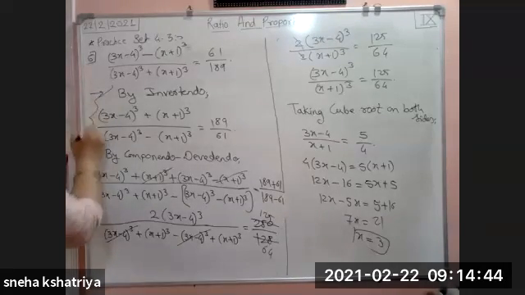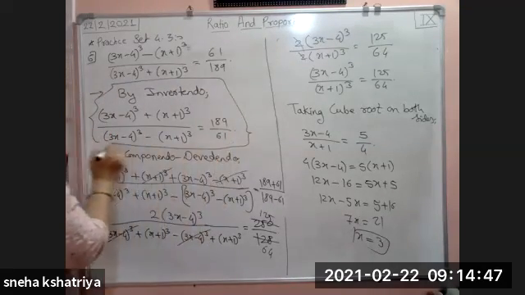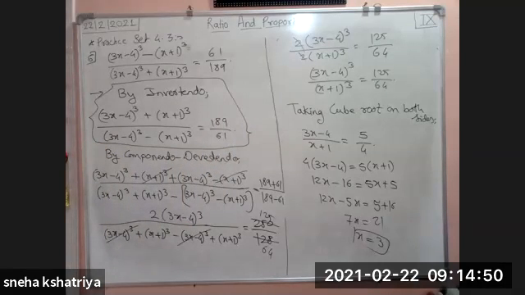So this step was not necessary. But why did we do this step? Because it is for the convenience of understanding the example. So it depends on you whether you have to do this step or not. It is not compulsory. If you want to drop this step, you can drop it. But if you are dropping this step, then whenever you are going to solve the example, solve it carefully. Because by doing this step, it becomes easy to solve this example. But if we don't do this, minus is at the numerator and plus is at the denominator, then it becomes a little bit of jumbling. Okay. So it depends on you whether you have to do this step or not.